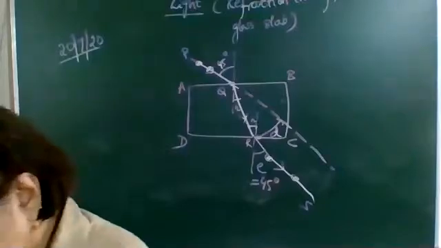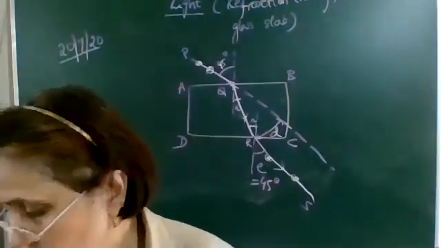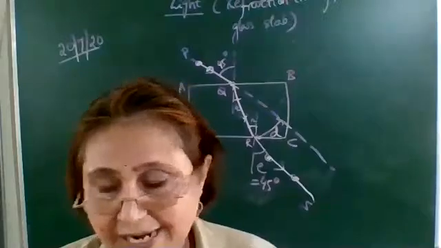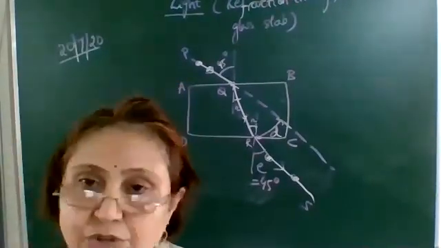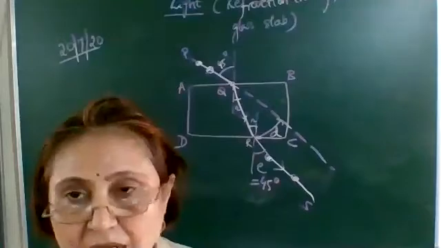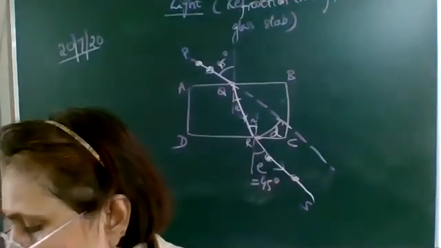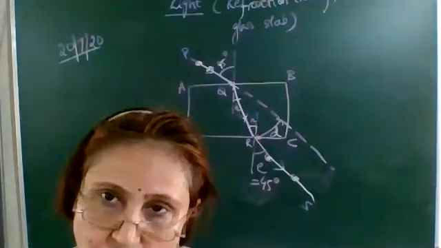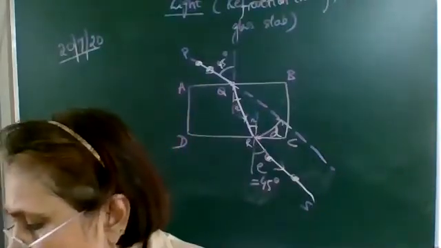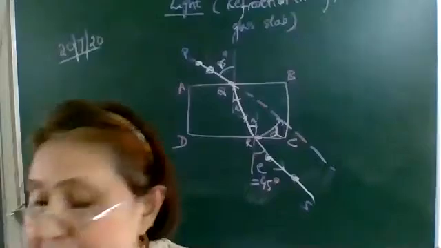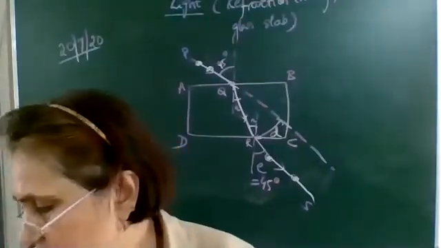Okay. It is given as activity 10.10. So this activity you will write from the book only. Fix a sheet of white paper on a drawing board using drawing pins. So you have to fix a white sheet of paper on a drawing board. Place a rectangular glass slab over the sheet in the middle. Draw the outline of the glass slab with the pencil. Let us name it ABCD.